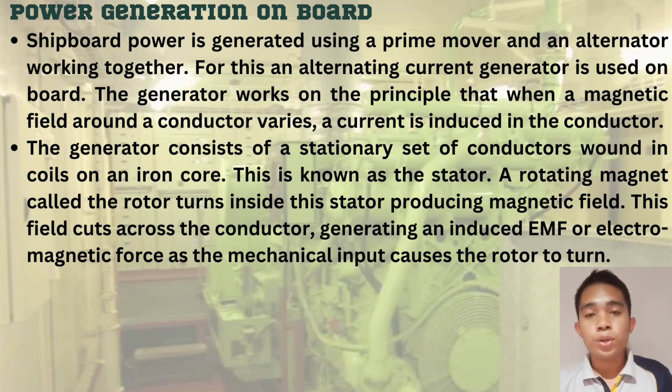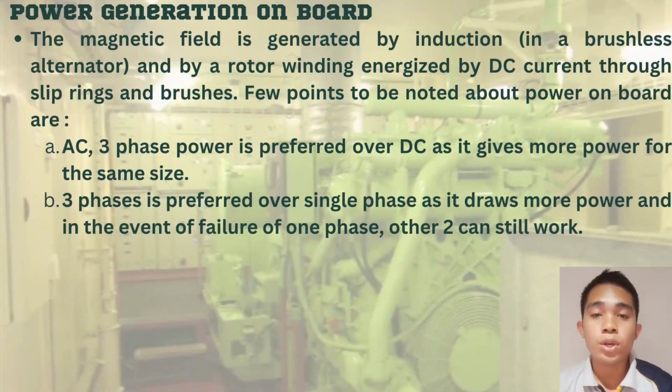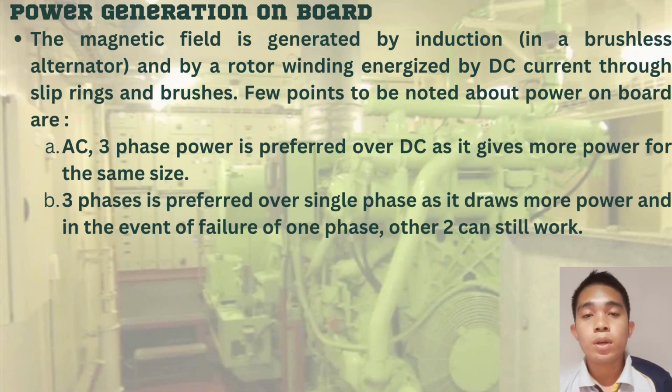The generator works on the principle that when the magnetic field around a conductor varies, a current is induced in the conductor. The generator consists of a stationary set of conductors wound in coils on an iron core. This is known as a stator. A rotating magnetic core, the rotor, turns inside the stator, producing a magnetic field. This field cuts across the conductor, generating an induced EMF, or electromotive force,